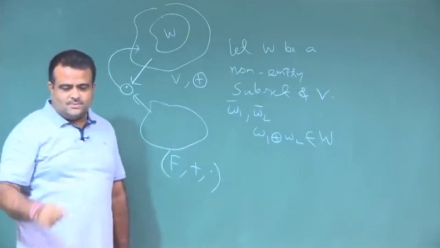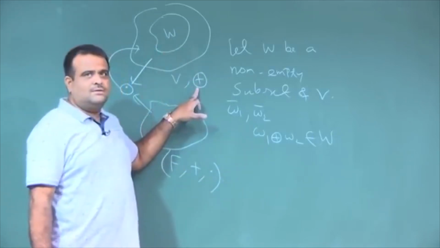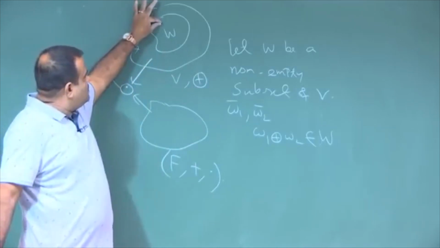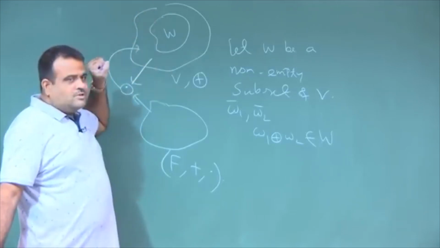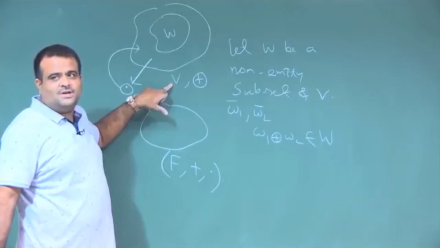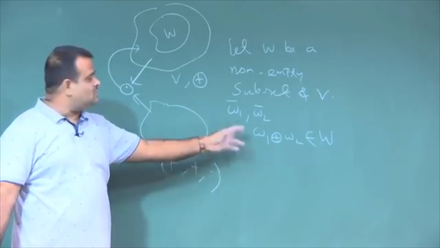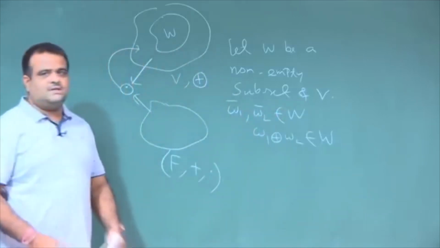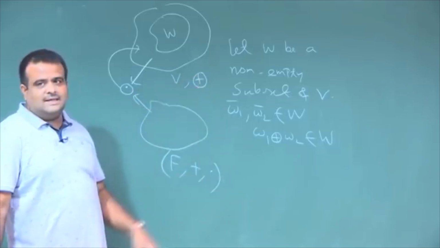Okay. So, this must belong to W. That means W is stable under plus, and this is the meaning of stability. If you take two elements in W, then since V is an abelian group, the closure property will be satisfied, but the result will be an element in V. It is not necessarily an element in W, but if it happens to be an element in W again, and if this is true for all W1, W2, then W is called stable under this plus operation,